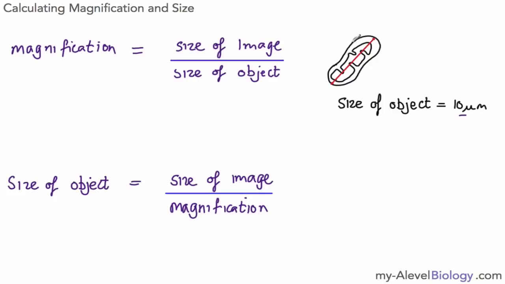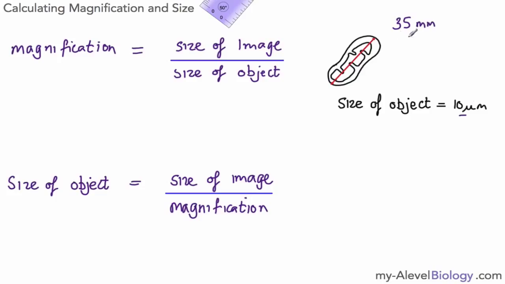Now there's one of two ways we can get this information. Either it's going to be given to you in the exam, or we would need to get a ruler and measure it ourselves. So if I get a ruler here and look at that distance, it's 3.5 centimeters. Let's call that 35 millimeters. So I've measured that as 35 millimeters, and in terms of the size of the object I have 10